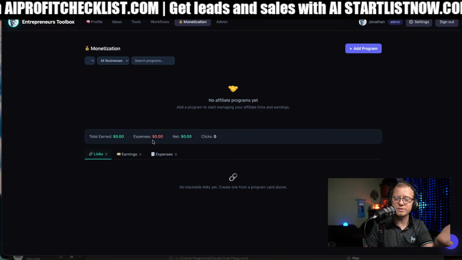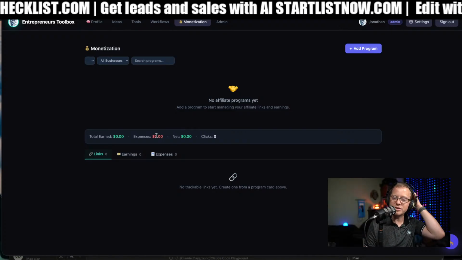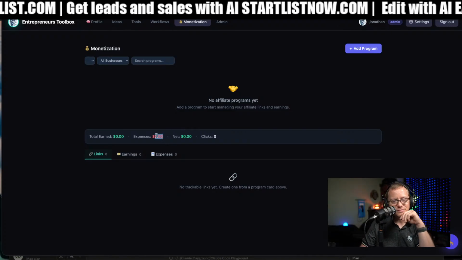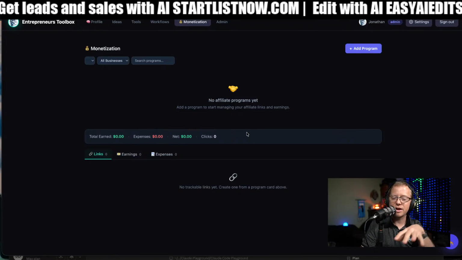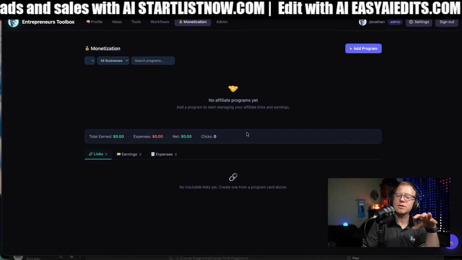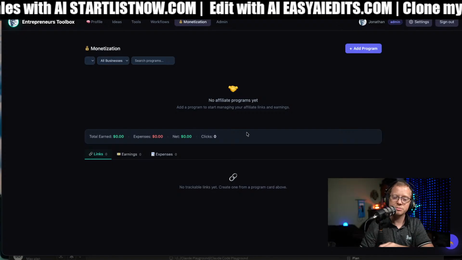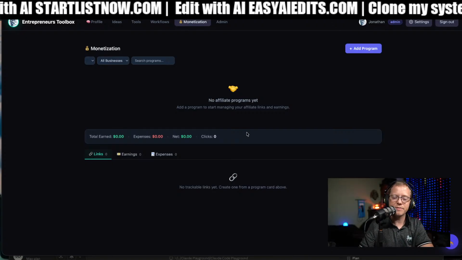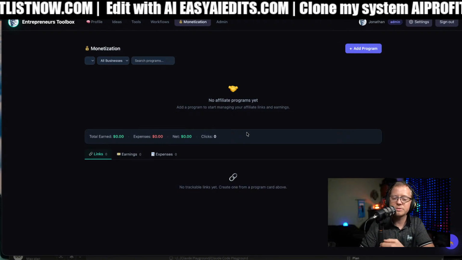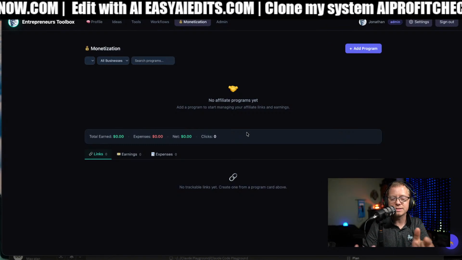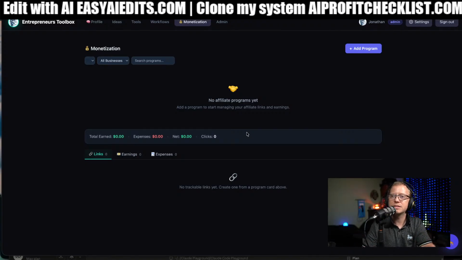when it was actually tracking it earlier, before everything broke, before I broke it, it was showing my API costs as an expense. So now we could track our expenses, and we track money in, money out. So if I have a tool that I'm subscribed to, and it costs me a certain amount every single month for my business, I could just drop it in here, and now I know that's how much it's costing me. So I can get an all-in-one place breakdown of how much money I'm spending on my business every single month.